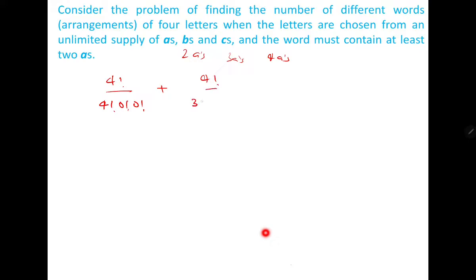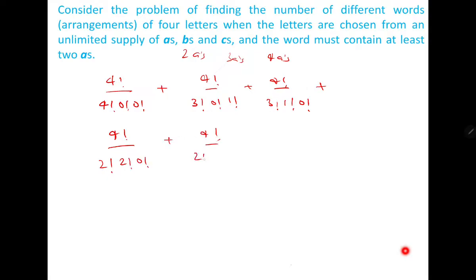If 3 A's are there, then there could be 0B and 1C, or there could be 1B and 0C. If 2 A's are there, then 4 factorial by 2 factorial, and there could be 2 B's and 0C, or 0B and 2C, or